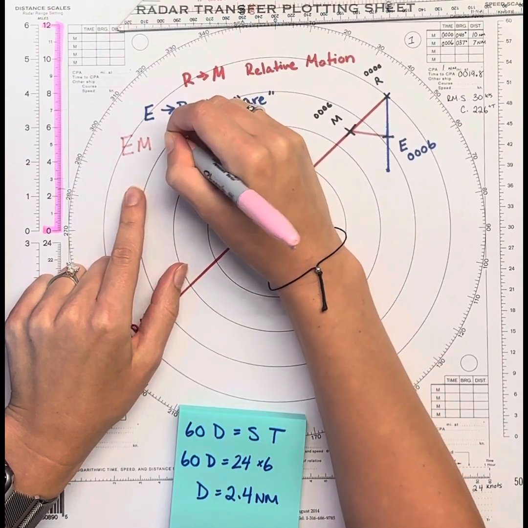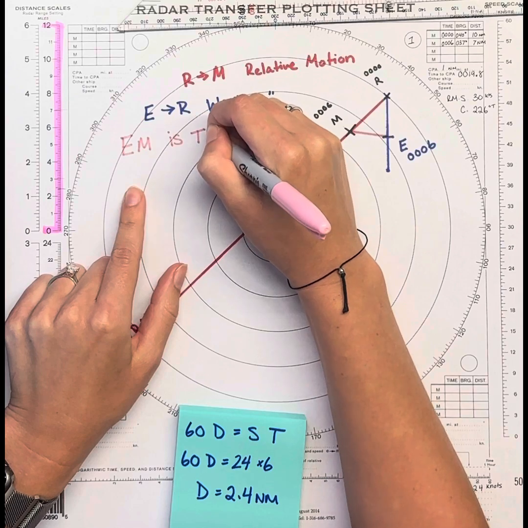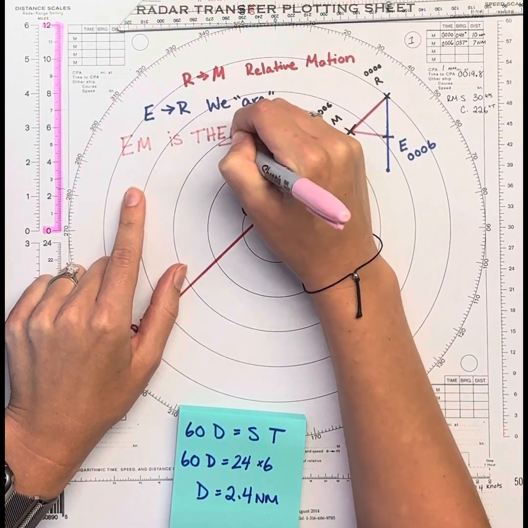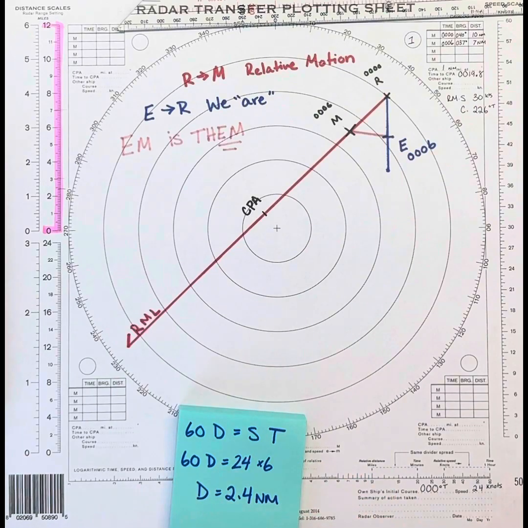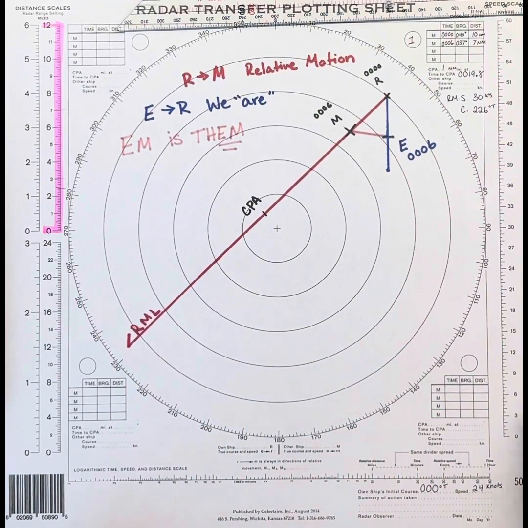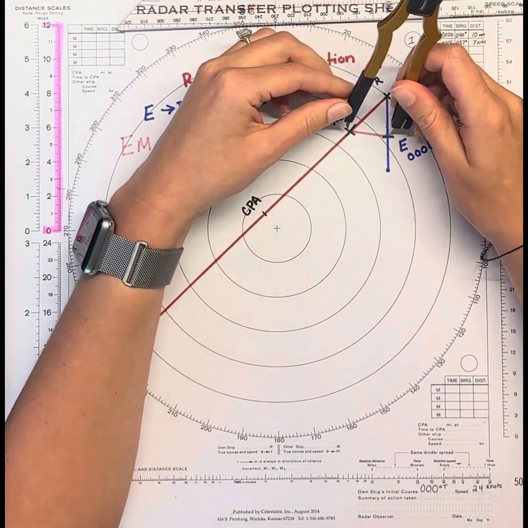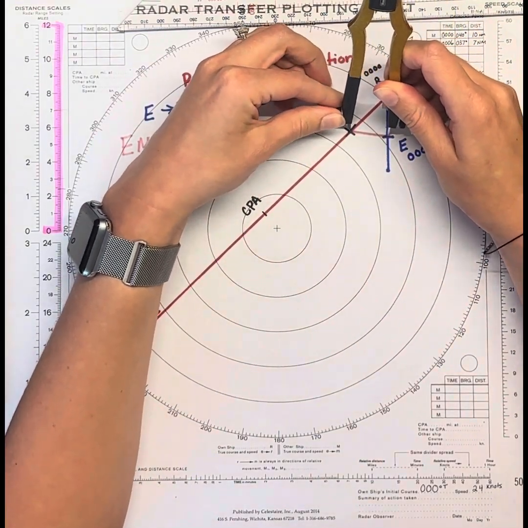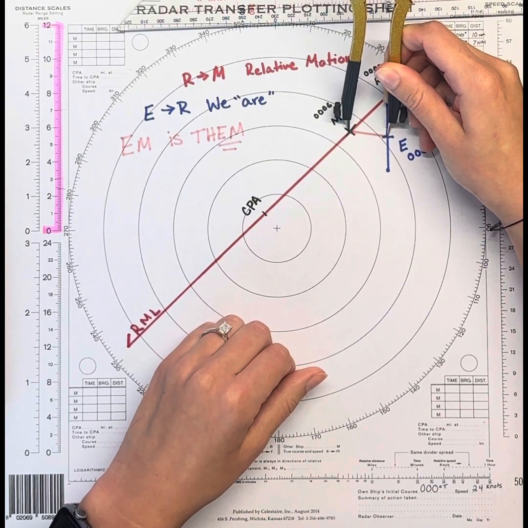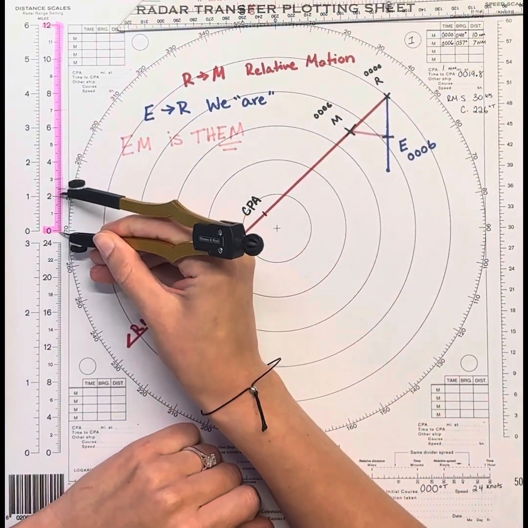We are able to find the E to M distance and bearing for our true motion speed and our true course of that vessel. So let's start with their true speed. We just measure from our E to our M in our triangle,